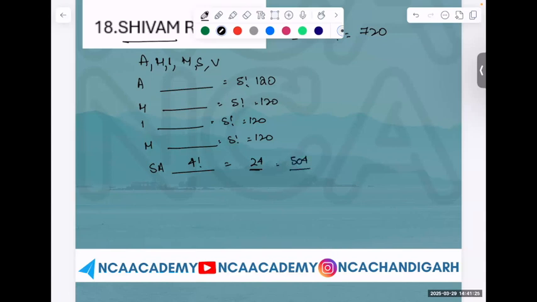Okay, done everybody. SA is not required. What is required then? H. Perfect. SH is for me, perfect word. I don't need to do. Next alphabet would be